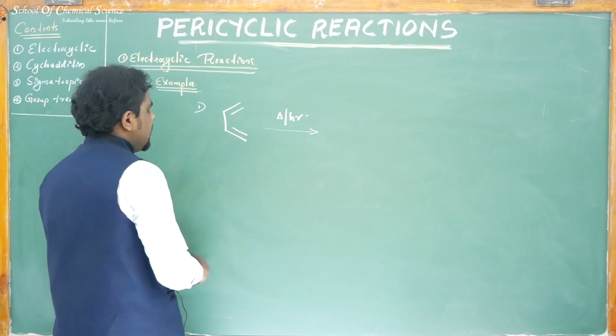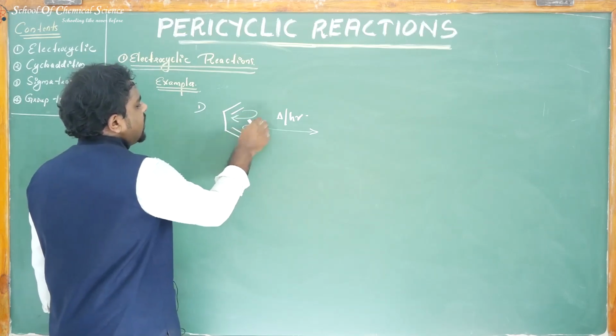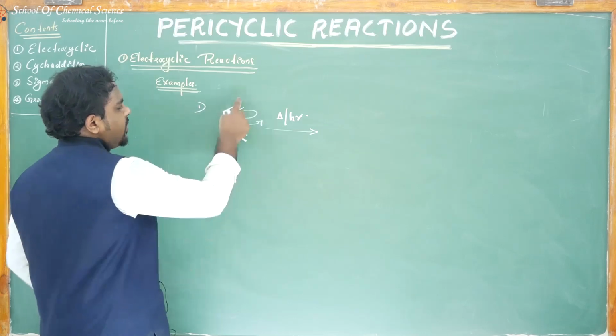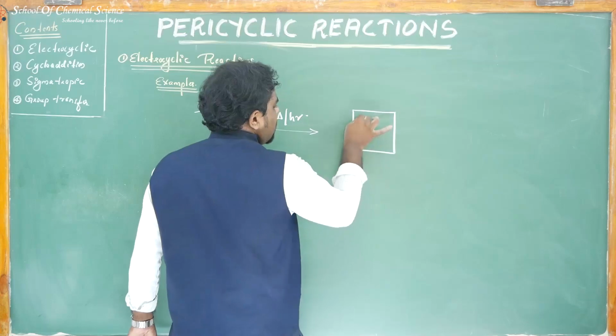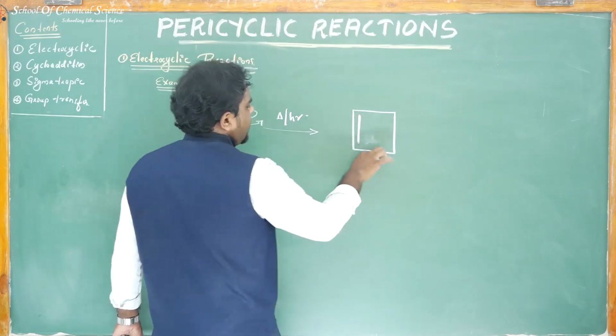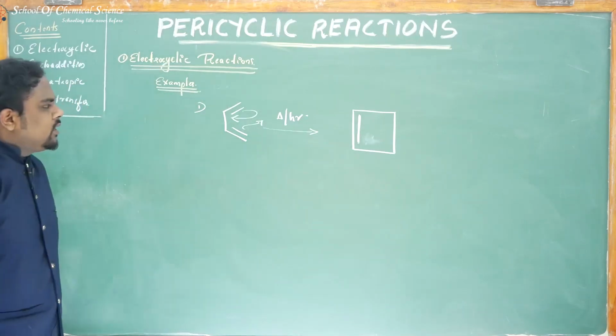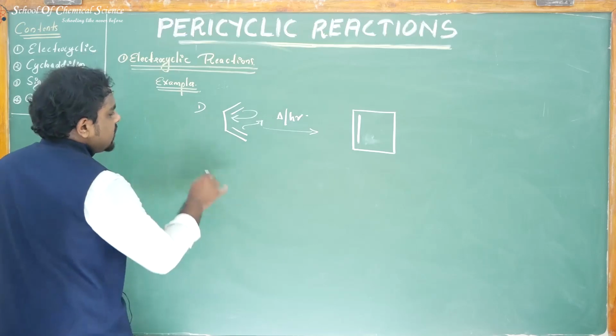Definitely cyclization takes place. Pi bond shifts towards here, and a new sigma bond is formed between first and fourth carbon. So a 4-membered ring, here a double bond. So 1,3-butadiene on electrocyclization forms cyclobutene. Second one,